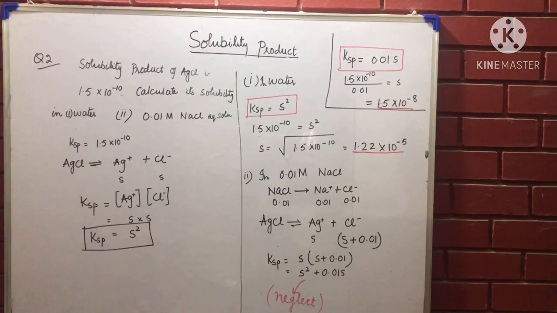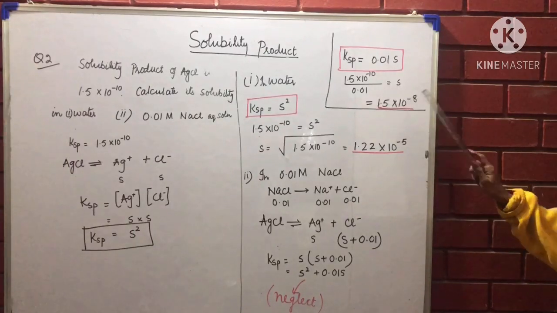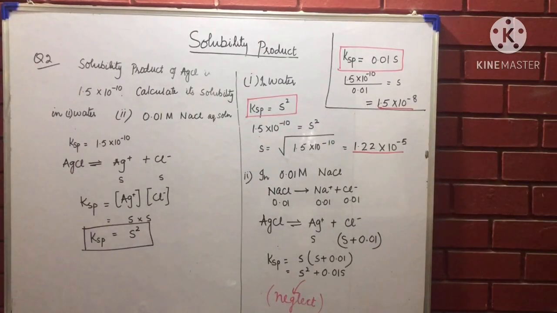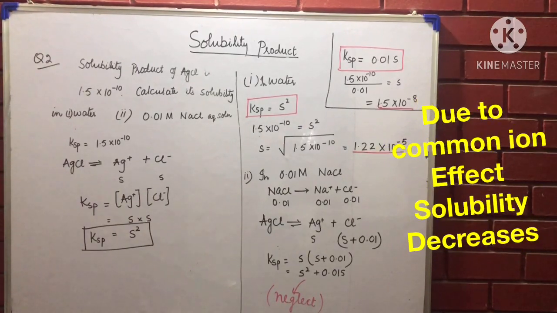Now whenever there is a common ion effect, you know the reaction moves back into the original solution. That means ions move back. So AgCl was first giving ions which were dissolved in water, but when there is a common ion, the ions are moving back into AgCl, which is solid. So solubility decreases. Always whenever there is a common ion effect,